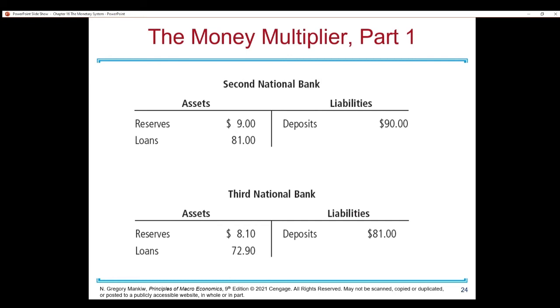Then that bank is like, dang, I should loan out this money. And the third person puts his money into the third bank. And the third bank is like, oh, smokes, is this money? I should loan this out, and so on. So every bank is going to get some money, and it's going to basically multiply the amount of money.